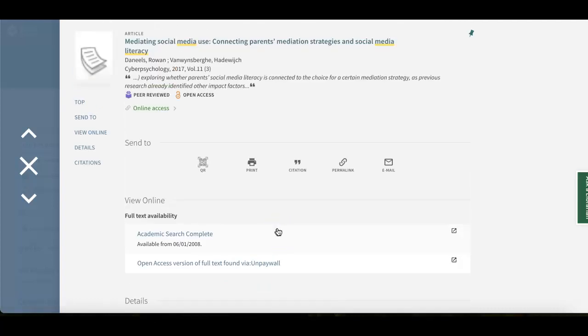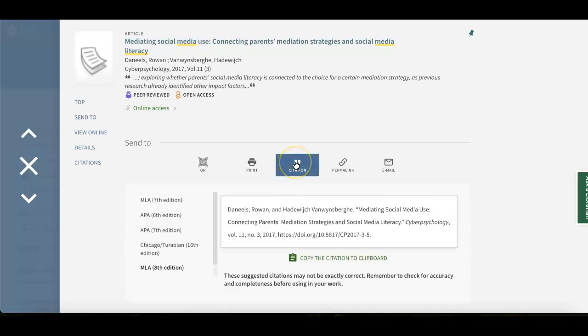Regardless, if I decide to use this, I should be drawing on the citation function from this database. Here is the last name of the first author. Here's the next author. This information here should be in MLA 8th edition, and students should be copying and pasting this into their works cited page in alphabetical order and then formatting all of it in MLA format.